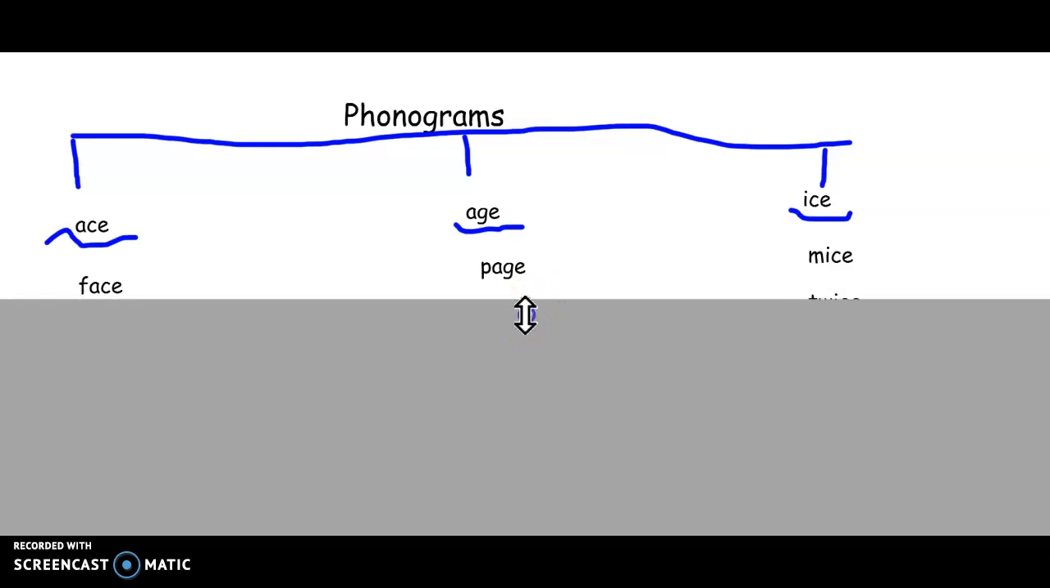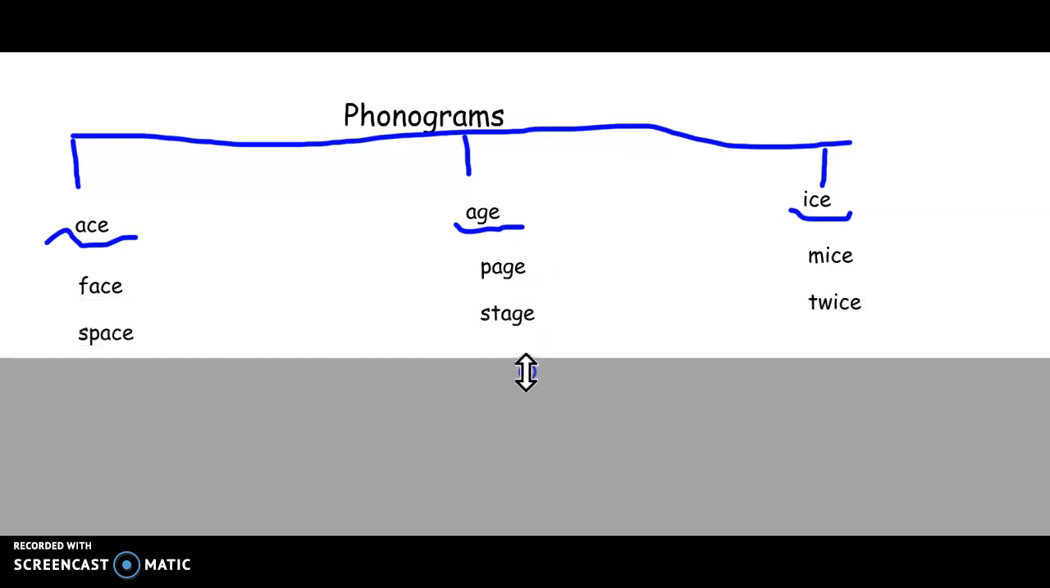M-I-C-E. Okay. My next set of words, I have the word space. I hear ace in space. I have S-P-A-C-E. If I go to my middle column, I have the word stage. I hear age in stage. I have